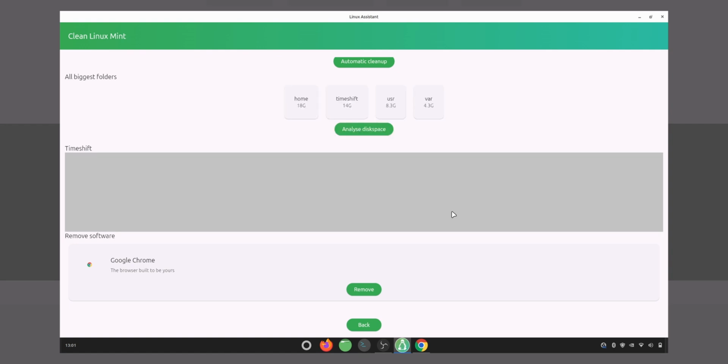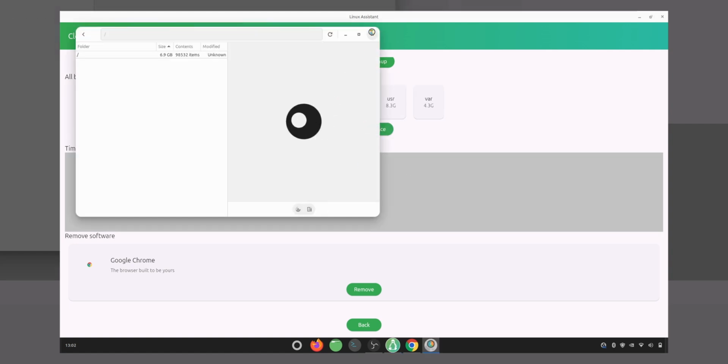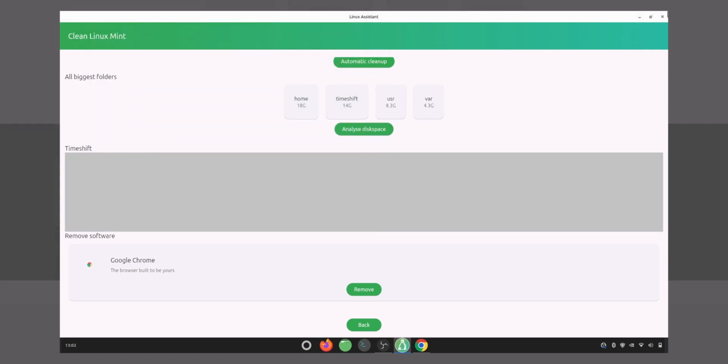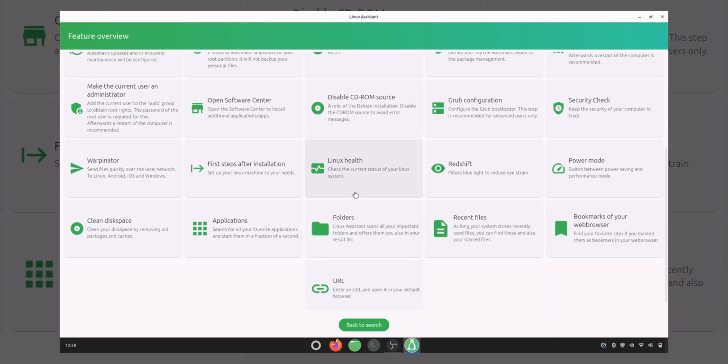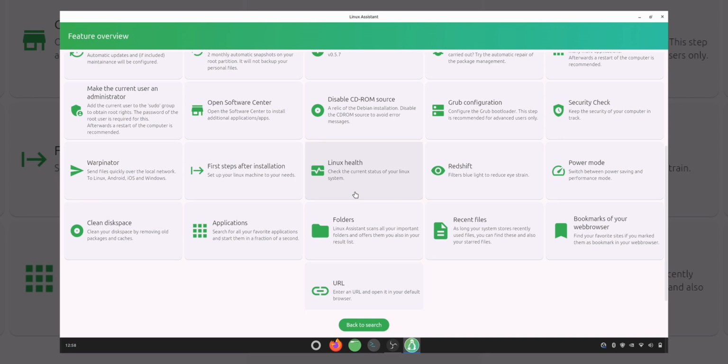So, as you can see now, well, just leave that, okay? You cannot see that, maybe. But it literally got rid of all my Linux junk, and now my partitions are pretty clean. Pretty lightweight, I'd say. You see, this Linux Assistant is a gem, a diamond. And the part where it was made just by a developer, one person who runs a YouTube channel and has developed this gorgeous application,